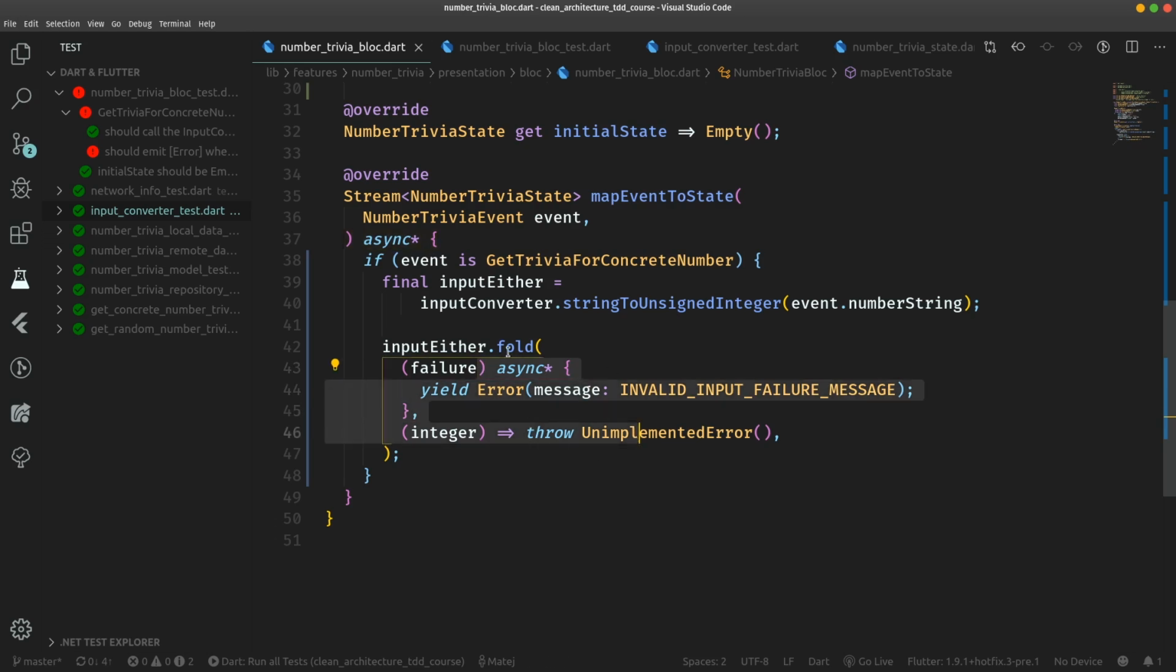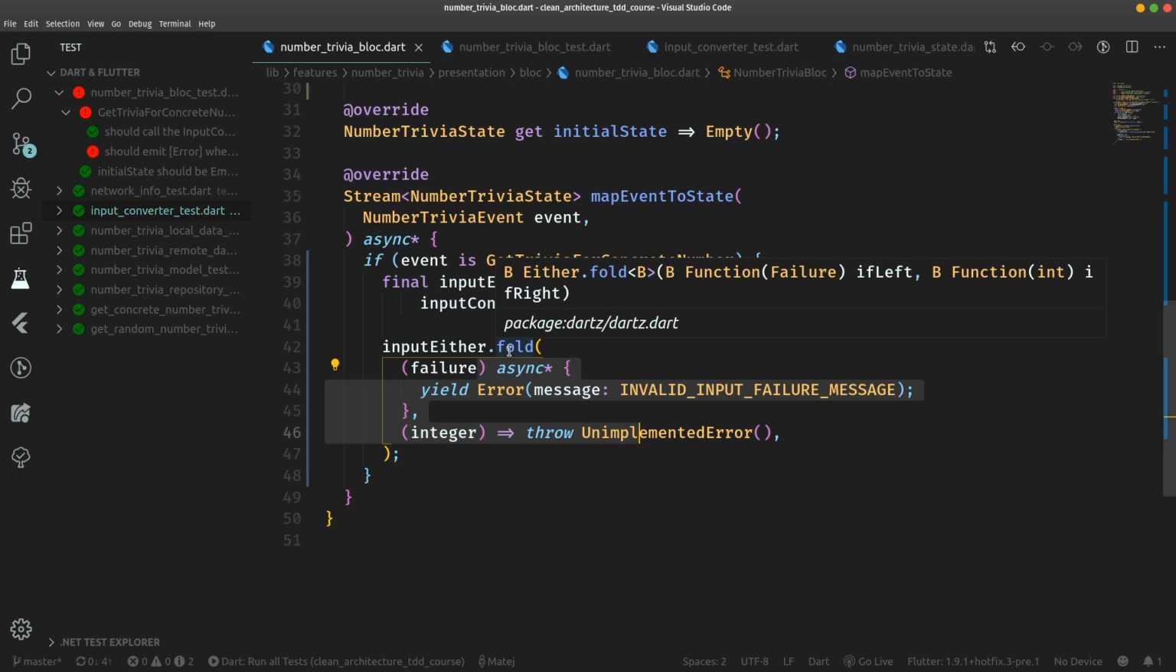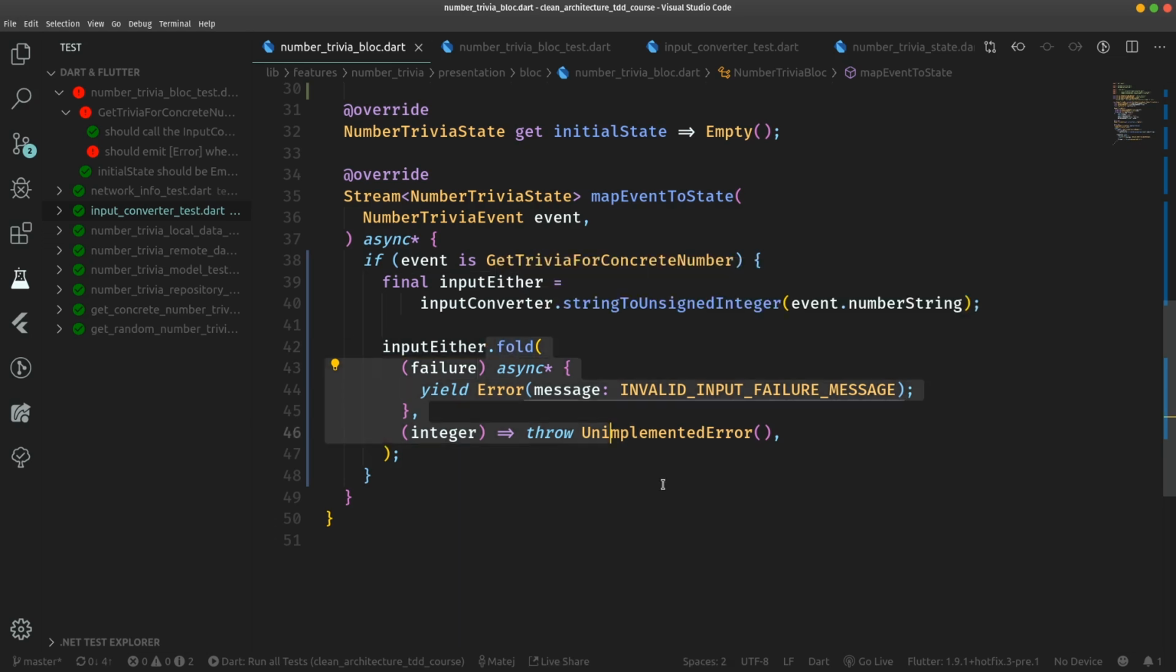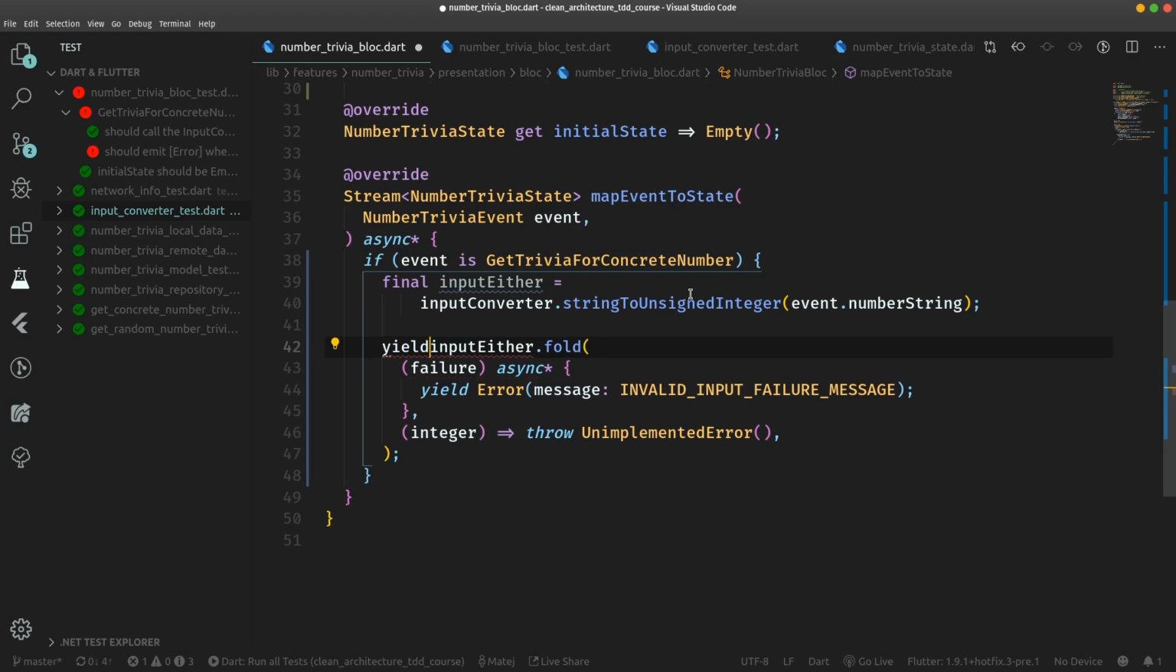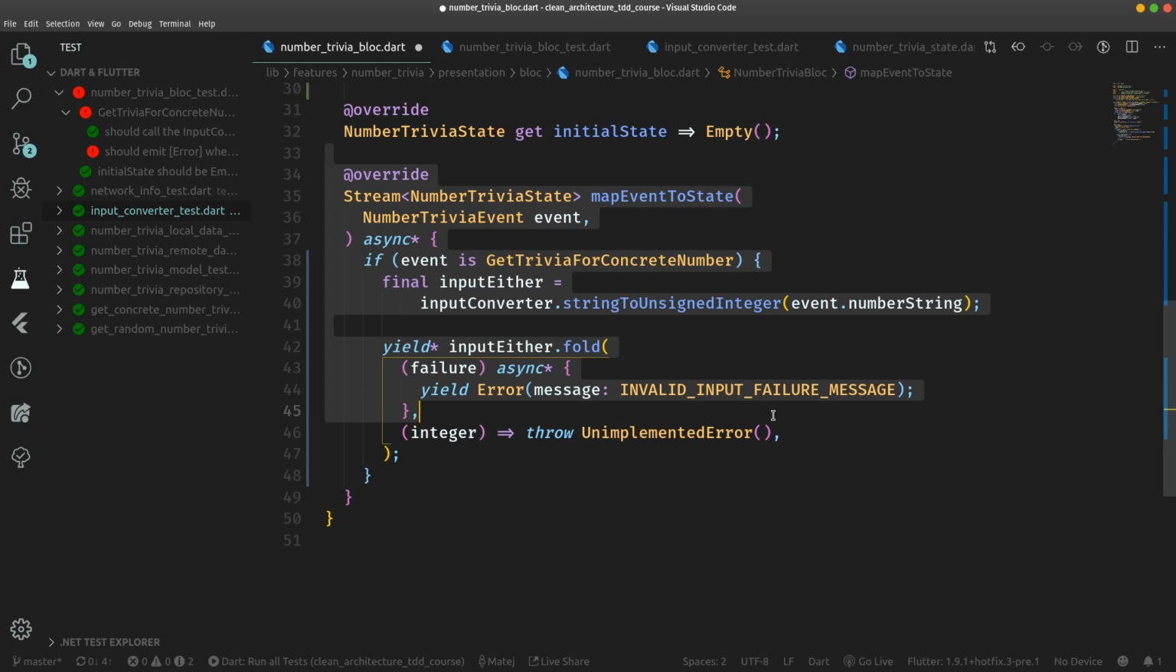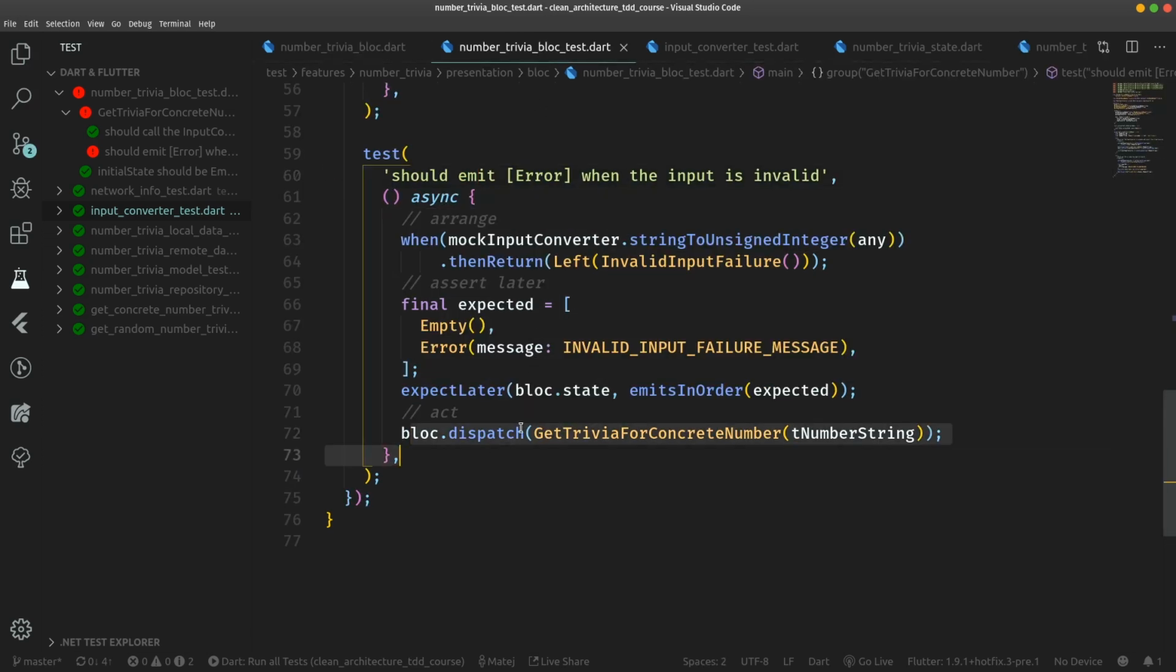But now we are only yielding this error state from within the higher order function. This means that the fold function returns a stream, and we want this stream from this fold function to be also returned from mapEventToState itself. And we can do that by doing yield asterisk, which means yield each. So every time we yield something from this higher order function, it's also going to get yielded from this containing function mapEventToState, which in turn will emit it as a state to the state stream of our Bloc, and we can